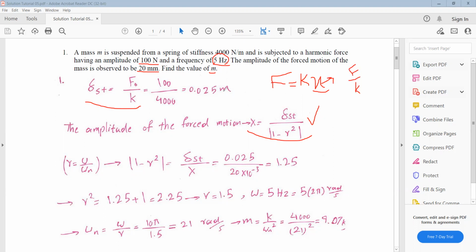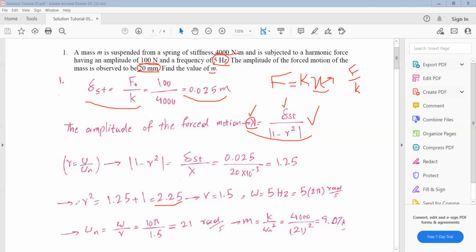We have the stiffness of this system, which is 4,000, and the amplitude of the external force, which is 100 Newton. So the static deflection due to this force is 0.025 meter. Now we can substitute here. We have the amplitude x, which is 20 millimeter. We should convert it into meter. We substitute for x and delta st, and we can obtain r, the frequency ratio. If we solve this equation for r, we obtain r squared is